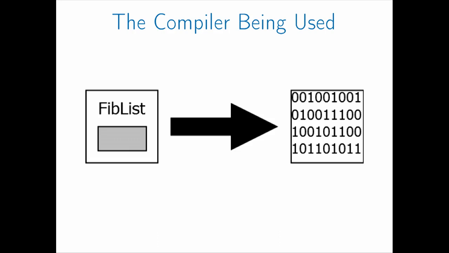The compiler being used is also going to make a difference. In practice, what you'll do is you'll write this program in some high-level language, in C or Java or Python or something, and then you'll run it through a compiler to turn it into machine code. And then the compiler isn't just doing something completely obvious. It's performing all kinds of interesting optimizations to your code. And which optimizations it performs and how they interact with exactly what you've written, that's all going to have an impact on the final runtime. Finally, you're going to be